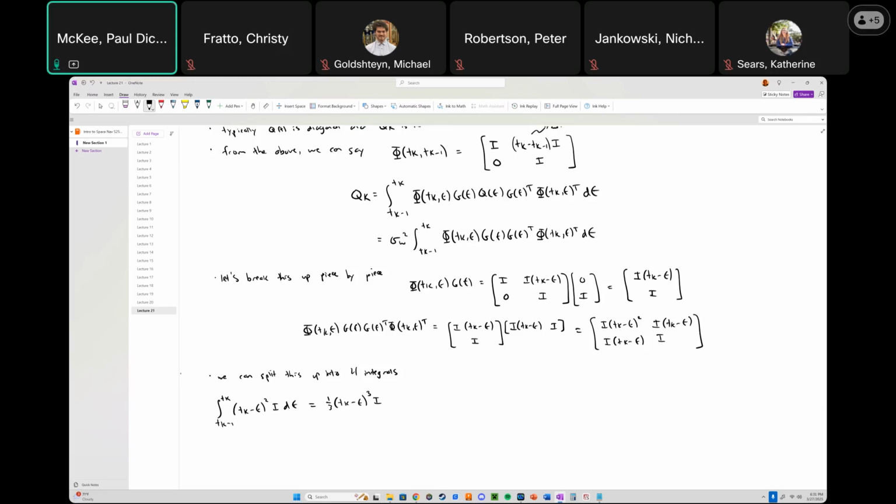Okay. Similarly, the integral TK minus 1 to TK, TK minus epsilon, not squared, just regular, times I, d epsilon, ignoring constants of integration for now. This is going to be 1/2 TK minus epsilon squared I. Okay. And then similarly, the integral TK minus 1 to TK, just the identity matrix, is going to be